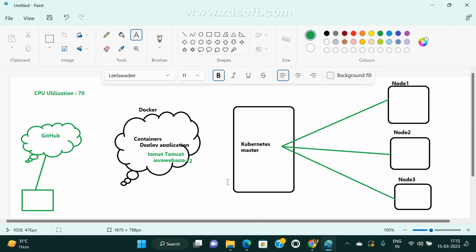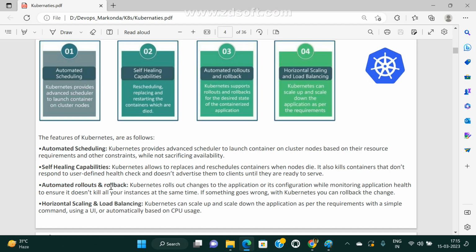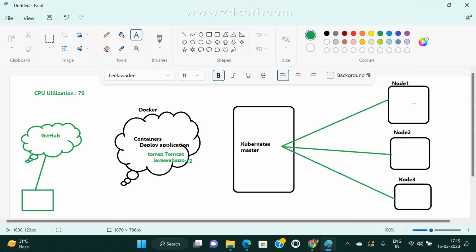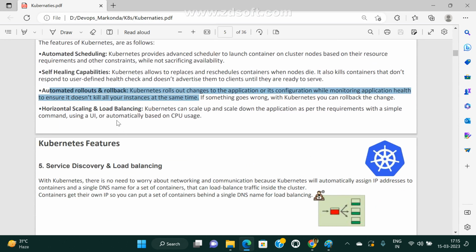But here there is an extra feature: rollout and rollback. Kubernetes rolls out changes to the application or its configuration while monitoring the application health, to ensure it does not kill all your instances at the same time. So if this particular version is not working properly, we can easily roll out, and we can easily roll back also. This is also one of the great features.